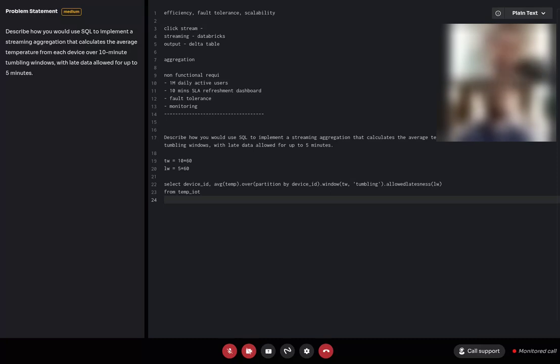So basically at 10:35, it will produce the result for 10:30. And if any event with an event timestamp before 10:30 appears after 10:35, then it will discard it. Okay. We can move to the next section.